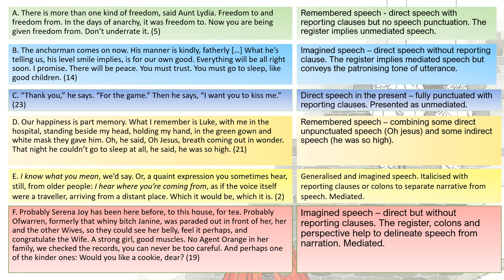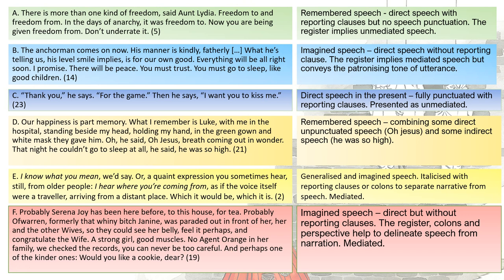Final example there, again, is an example of Offred reporting imagined speech. And here you can see it in the register. She uses here the register of the commander's wives, and it's clearly mediated. It's obviously, we know from the context of the text that Offred is making up this speech, but she's giving it all the characteristics of the way that the commander's wives, she imagines, would speak in